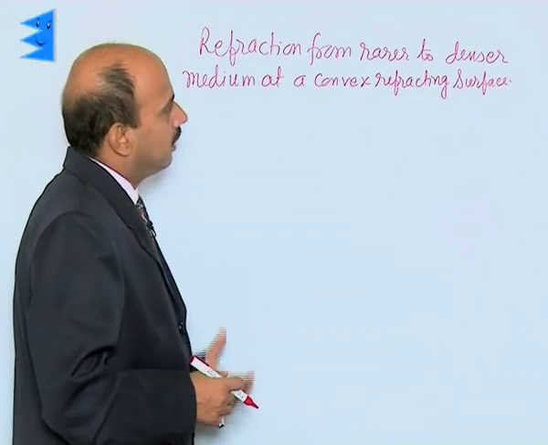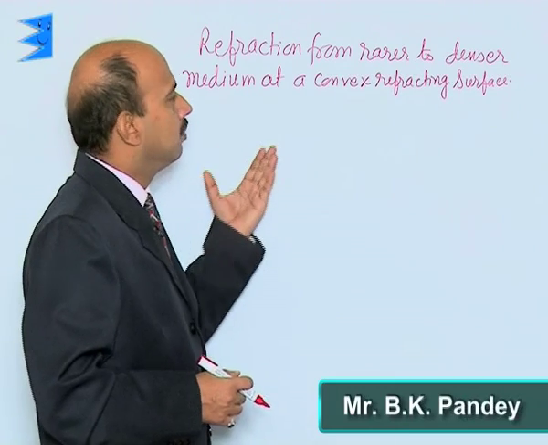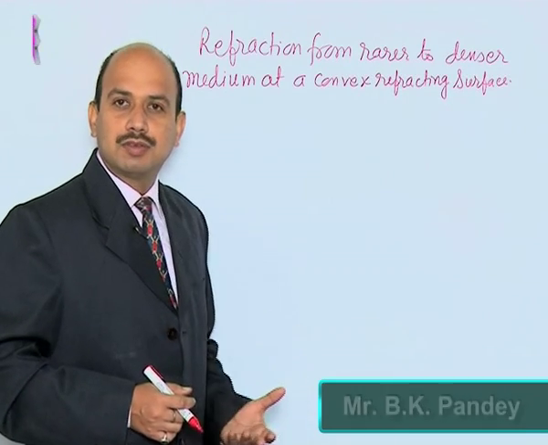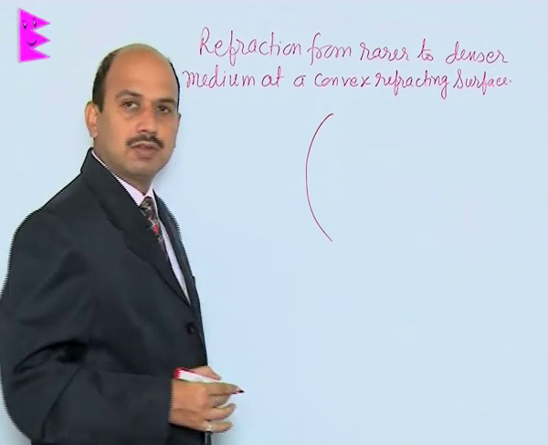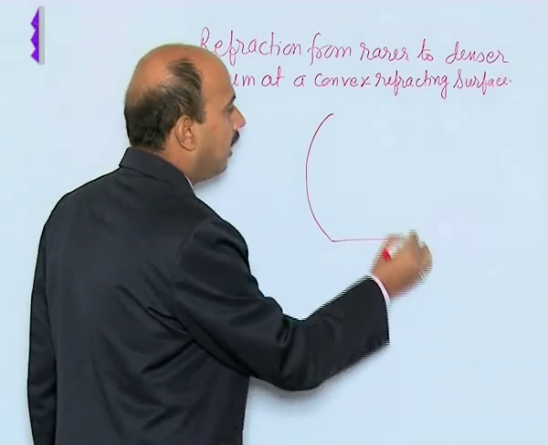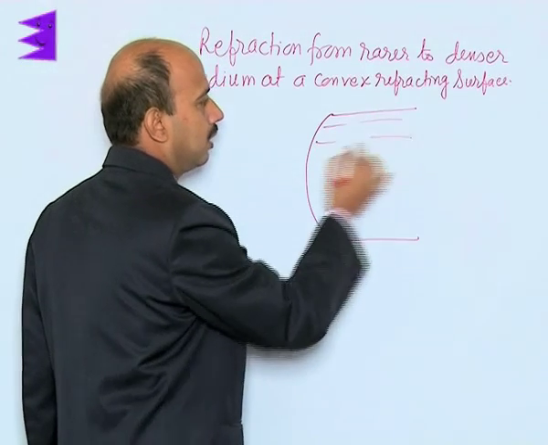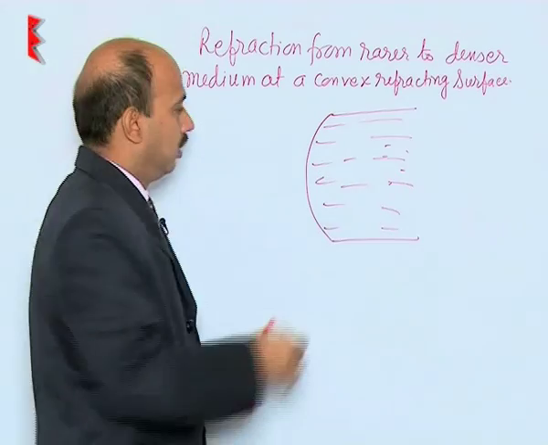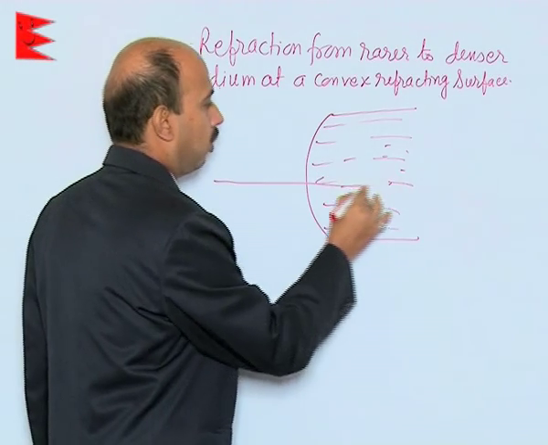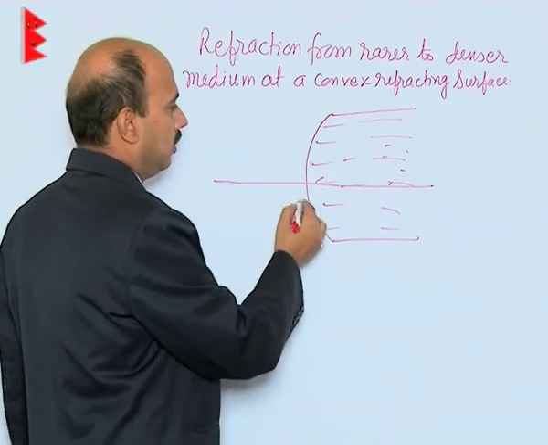Now see here, first one, refraction from rarer to denser medium at a convex refracting surface. Suppose you have taken a convex refracting surface like this. This side is transparent material. This is the line here which is called the principal axis. This is your pole,